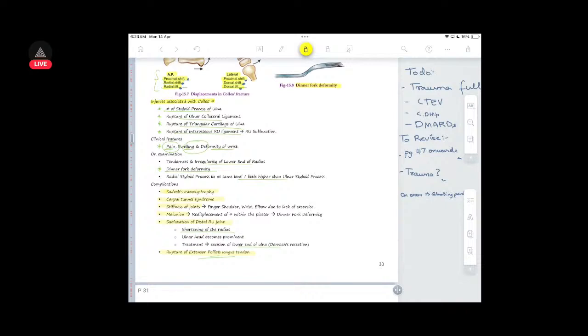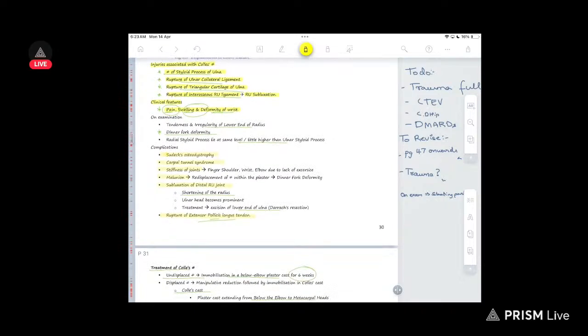Injuries associated with Colles fracture: you have fracture of the styloid process of the ulna, rupture of the ulnar collateral ligament, rupture of the triangular cartilage of the ulna, rupture of the interosseous radioulnar ligament leading to recurrent ulnar subluxation. Okay, so clinical features: you have pain, swelling, and deformity of the wrist. On examination, there is tenderness and irregularity of the lower end of the radius. Dinner fork deformity is there, and the radial styloid process will lie at the same level or a little bit higher